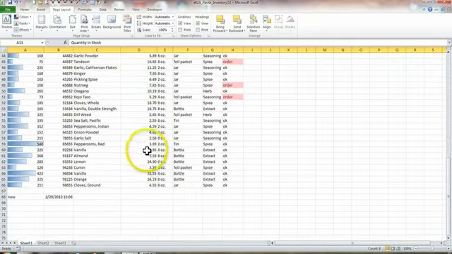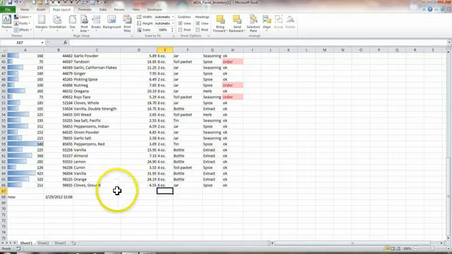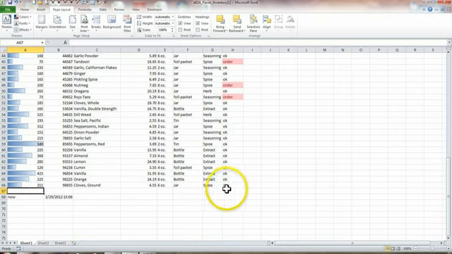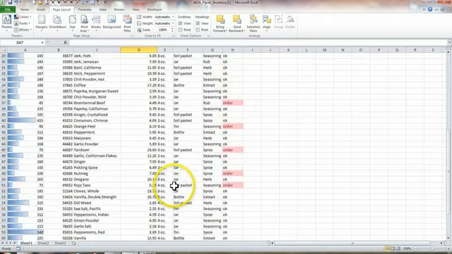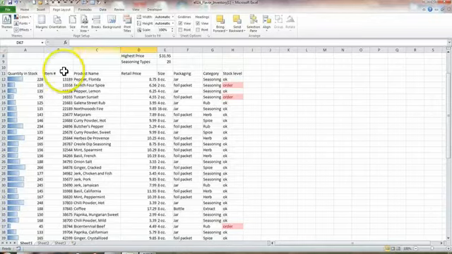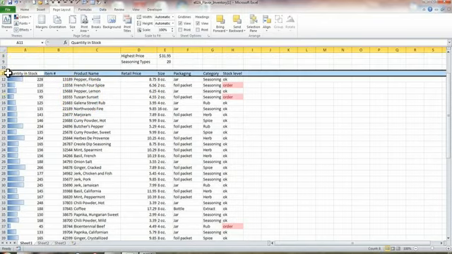Now if you go down to the end here, you're unable to see your field names or header row. That would be a problem if you have to be putting in a formula down in one of the lower areas, because you're not quite sure what these numbers would stand for. What you need to do is be able to see at all times your field names or header row. And how you do that, given that this row right here is your field names,